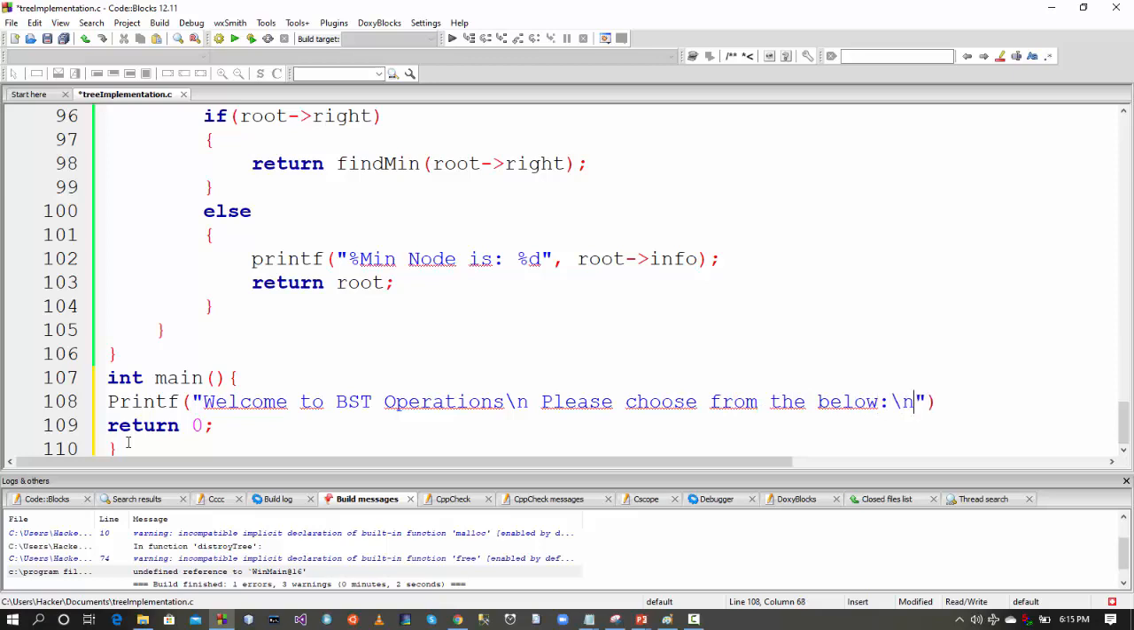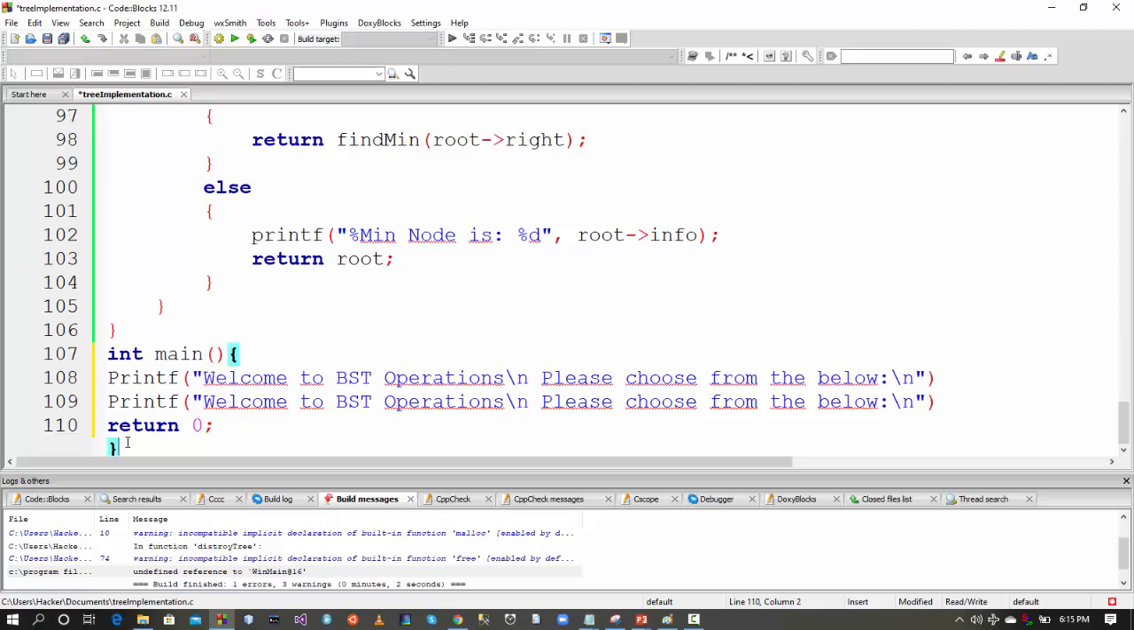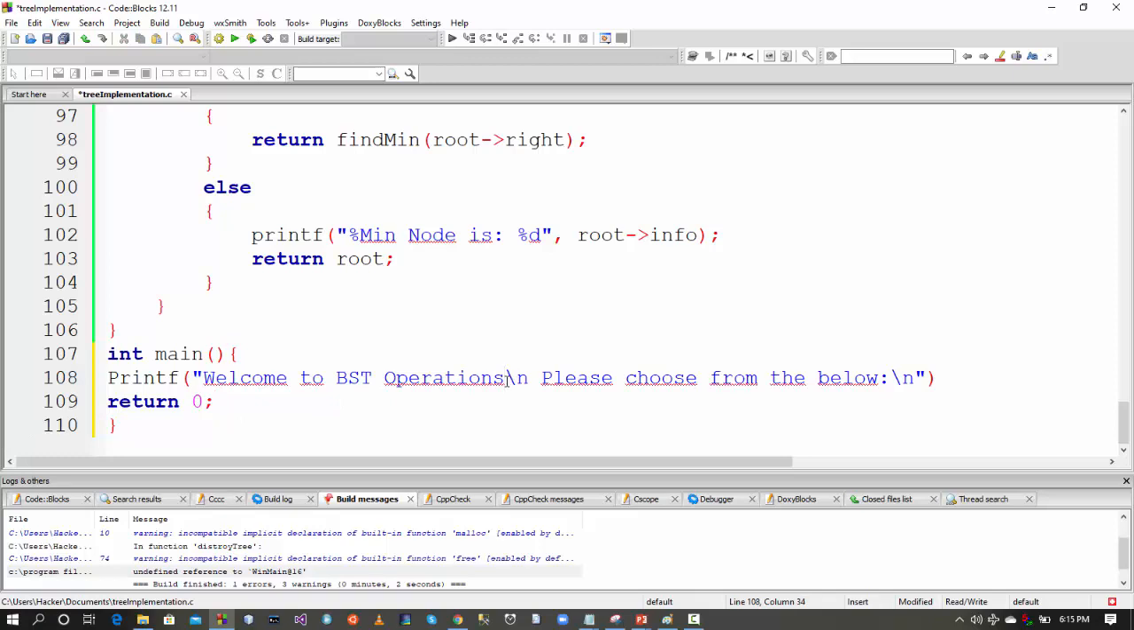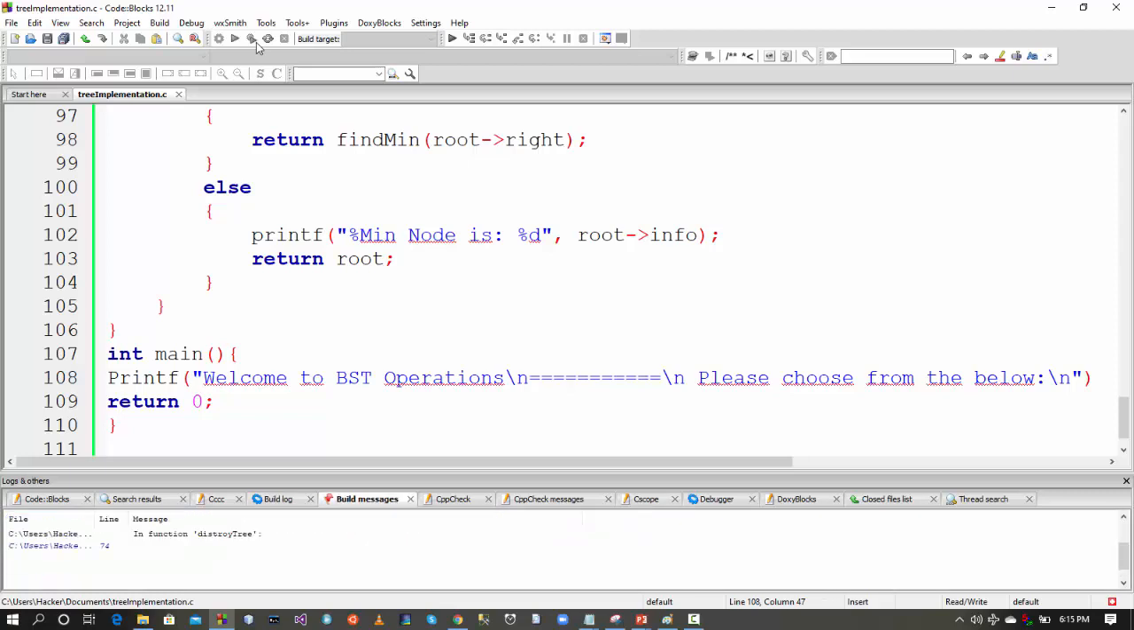Again, I say like this. After this, I can say, okay, nothing to be done. Welcome to these operations. You can put another n, and here I say, okay, like this. This is usually what do I want? What do I want here? As you can see, okay,